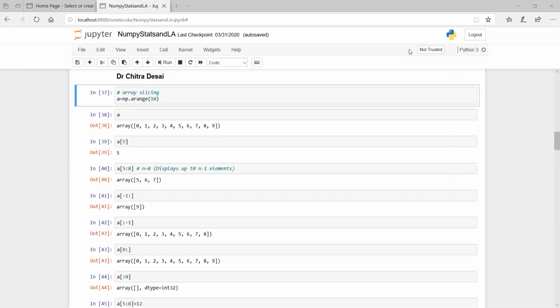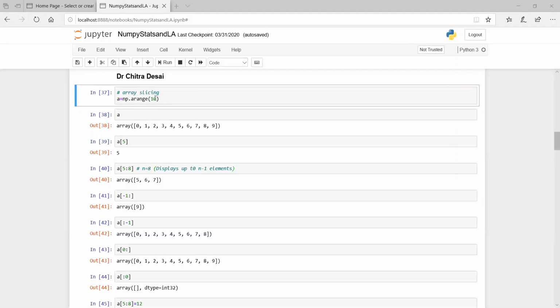The purpose of array slicing, looked at in a broader sense, is to have a slice of a very large array in which we are interested, for operating certain functions on it. In this case, we will be working on a very small data set, basically to first understand how array slicing works. Initially, using the arange command, we will create an array A of type numpy. For that, we use the command A is equal to np.arange of 10.